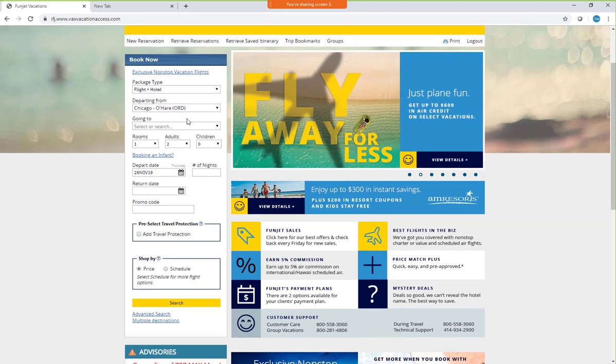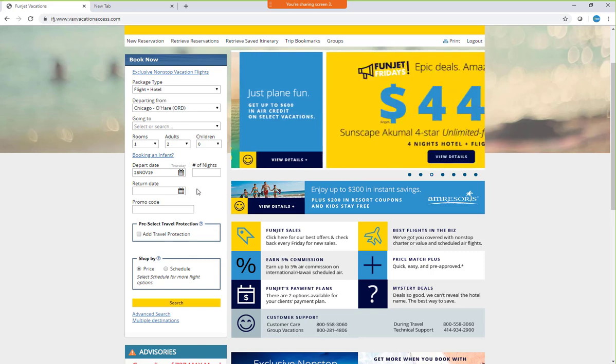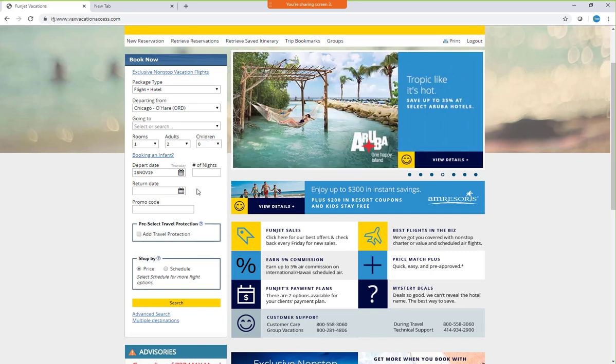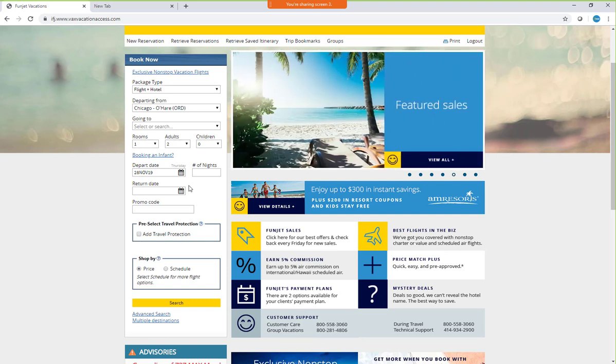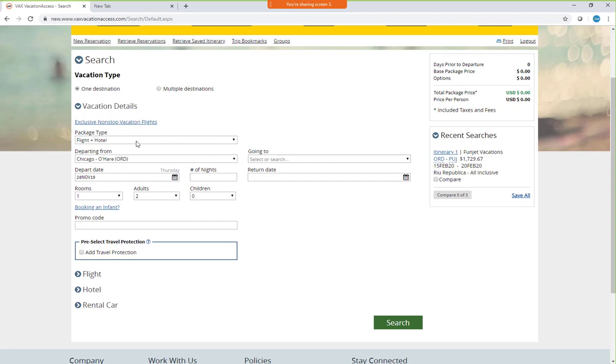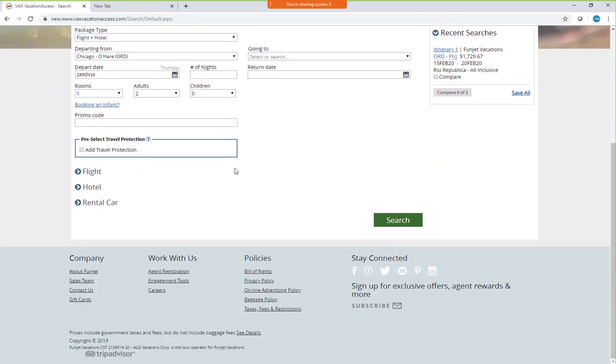Okay, so let's talk about an advanced search. You might have customers that specifically want 7 nights airfare and maybe 4 nights hotel, because maybe they have 3 nights free at the hotel or whatever it may be. You can do that. It's pretty simple. That would just be under advanced search right here. So if you click on advanced search, you'd put in your origin and destination as you normally would, but you have some